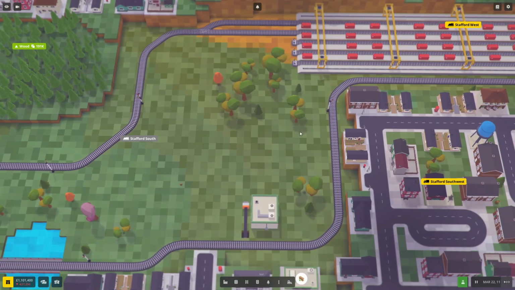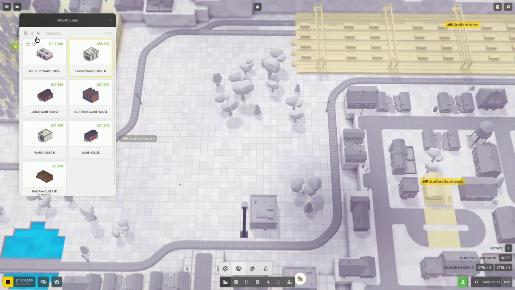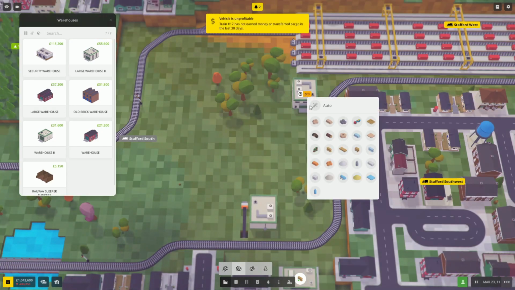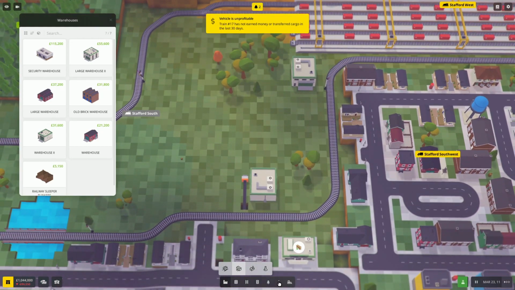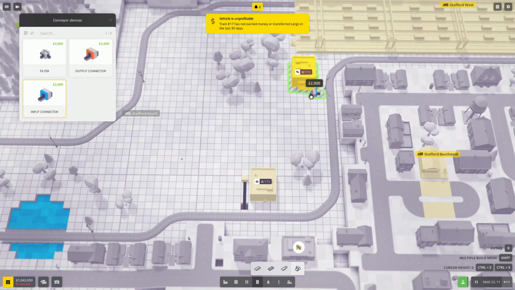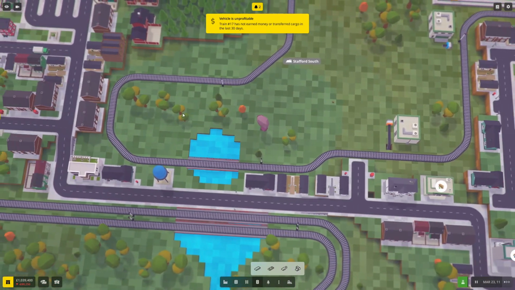Yeah, we're going to have to put the wood over here, I think. So what we'll do, let's get a new warehouse and use a Mark II, and we'll put it over here because this area is not really going to be used by anything. So let's do that and say wood, and then let's grab a conveyor device, make it an input, and then I want to see whether or not,